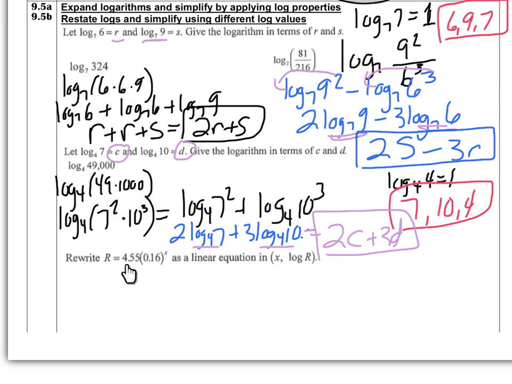This one here wants us to rewrite this exponential equation, make it a linear equation, and they want it to use x's and the log of r. So really what they want us to do is take the exponential and write it as a logarithm, but it needs to be looking linear, which means no exponents are allowed. So one thing you can do is they want to say log of r. So let's make this the log of r. So I'm going to add a log to that side. But if I add a log to this side, I must do a log to this side, which becomes this right here,